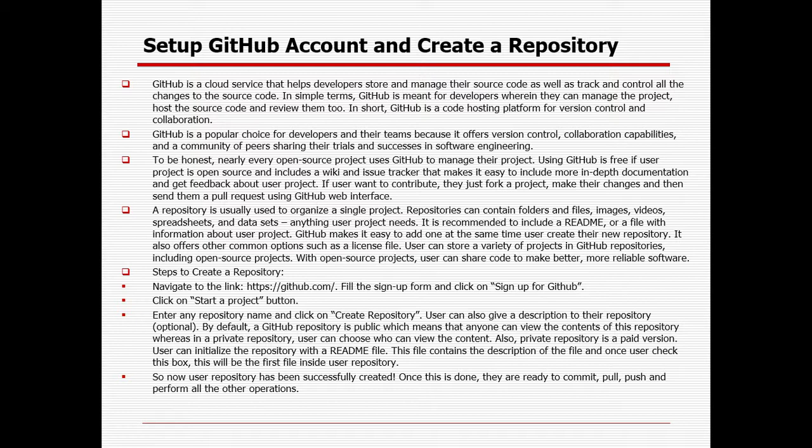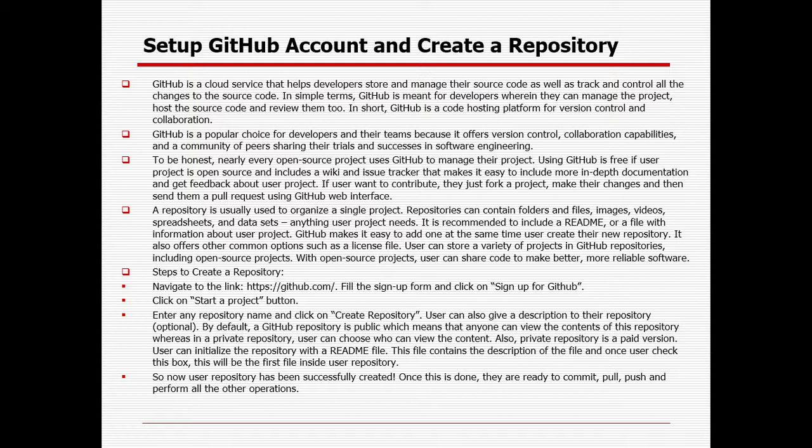In short, GitHub is a code hosting platform for version control and collaboration. GitHub is a popular choice for developers as well as for automation testers and their teams, because it offers version control, collaboration capability, and a community of peers sharing their trials and successes in software engineering.